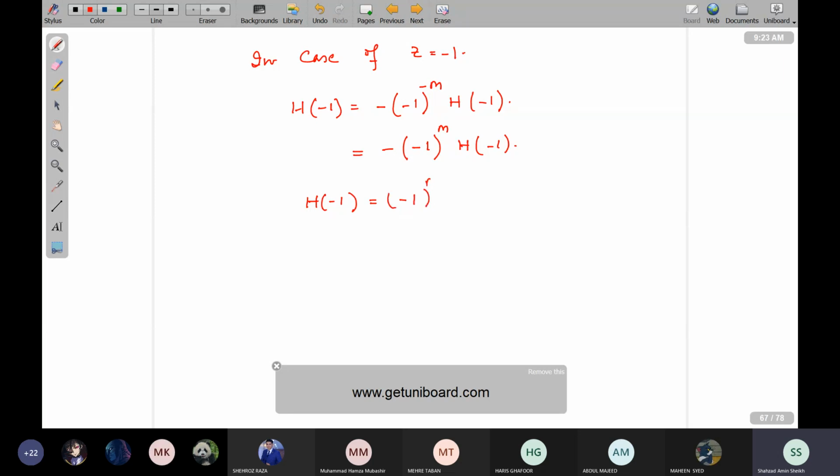This minus will be going in the power. It is m plus 1 h of minus 1, and so for even m,